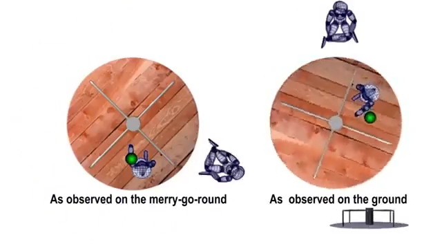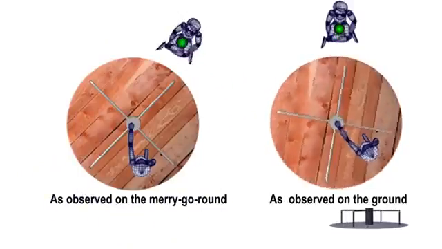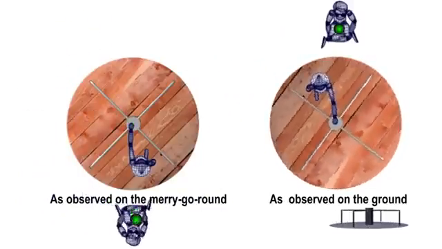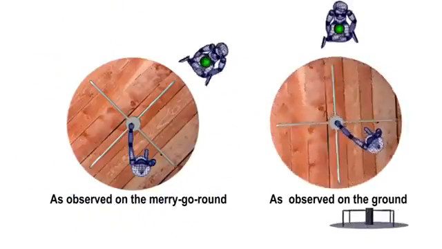Before going any further, here's a warning about Newton's laws and frames of reference. On the ground, I drop a ball and it falls down. I throw a ball and it behaves like a projectile. It travels in a vertical plane. But if I were on a merry-go-round, I'd see the ball curve to the side. There's no horizontal force acting, yet from my point of view, it is accelerating sideways.